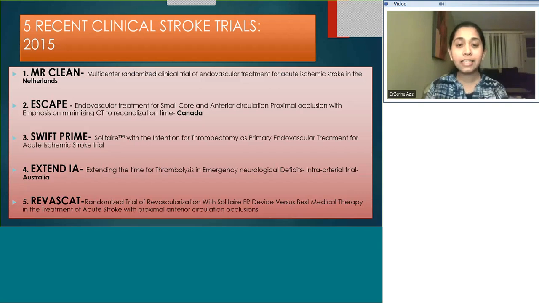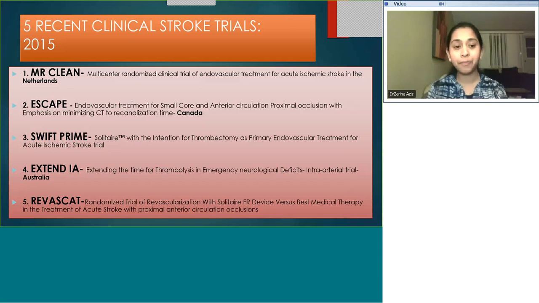So what has changed in 2015 about the paradigm of stroke management? It's the 5 recent clinical stroke trials which have just been published and declared positive during this year, and these types of trials have been going on for a couple of years all around the world. The most important 5 trials for all the DNB students to at least mention if it comes in the question